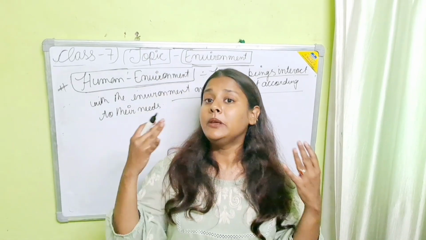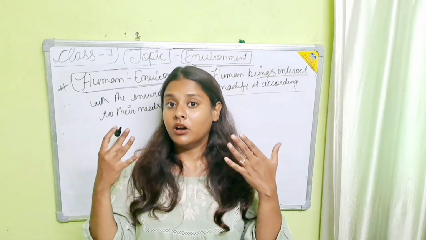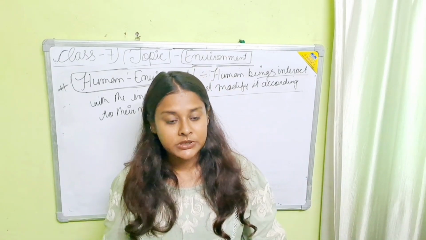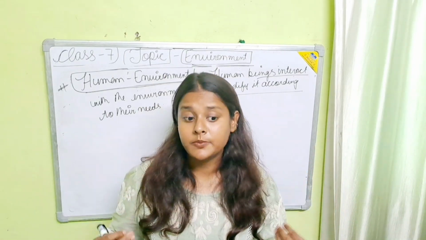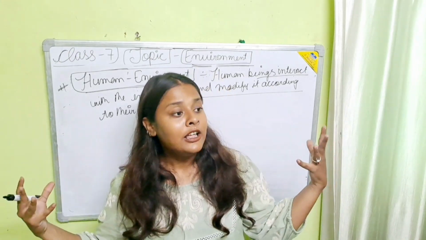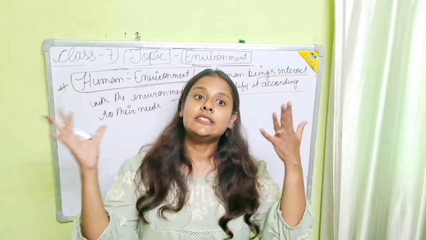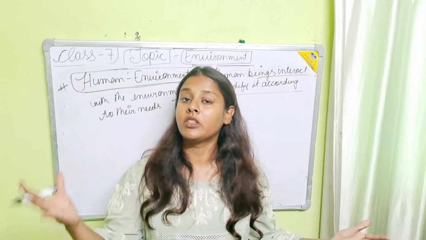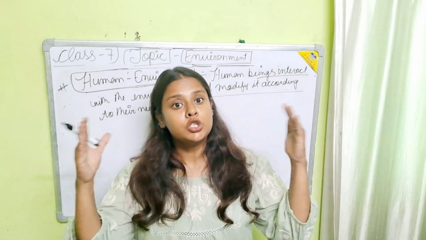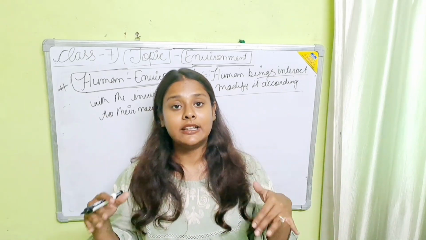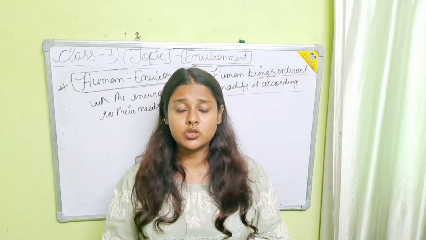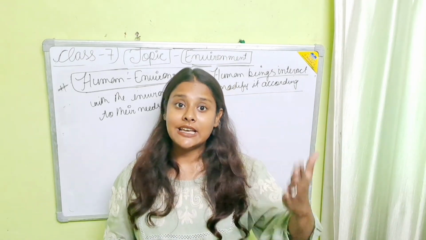For example, people started using land for more agricultural purposes. They started domestication of crops, and for that they used land. So they are modifying it according to their own needs. Then they required land for construction of their houses, so they were cutting down the trees so that they could make their houses. Then all these things started.